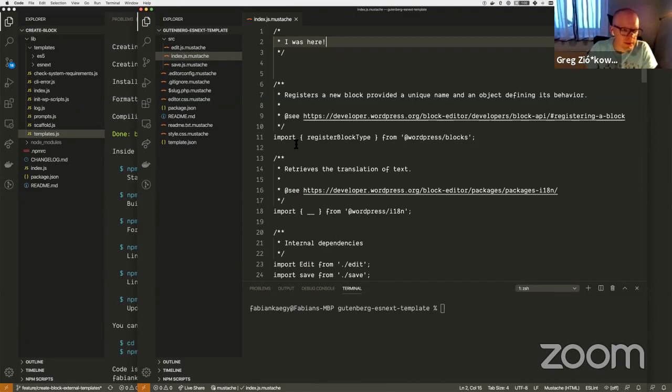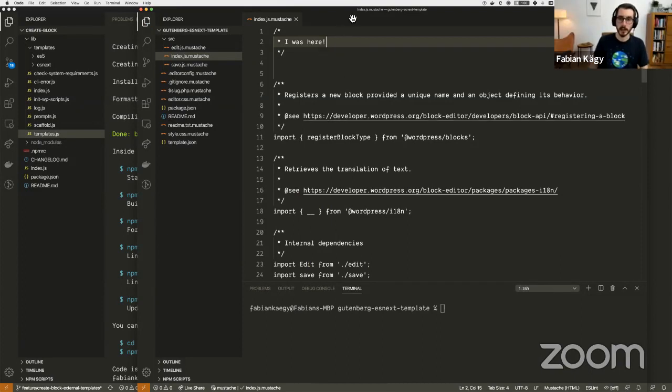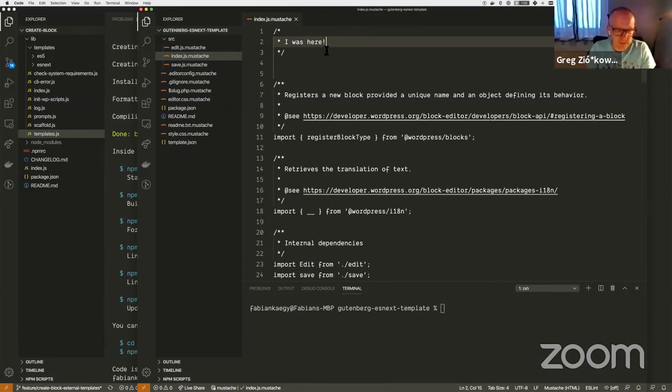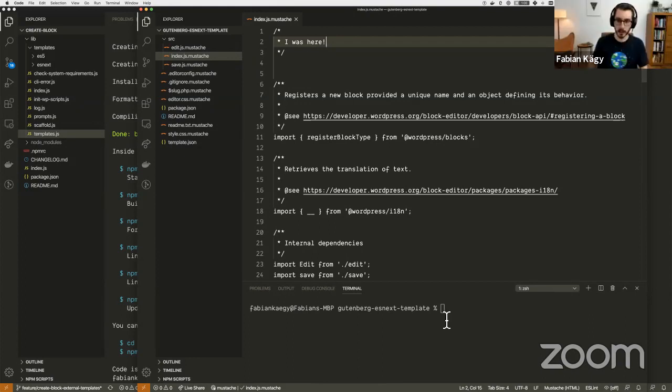It's gutenberg-next-example. Maybe I will show you the template. Correct. So I'm just adding I was here, and then I'm running npm version minor just to bump the version number up,